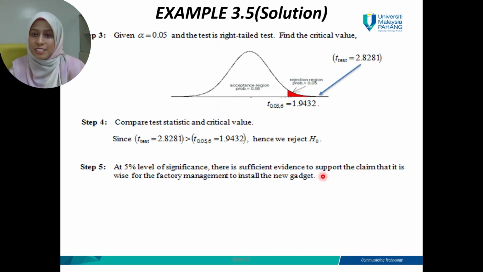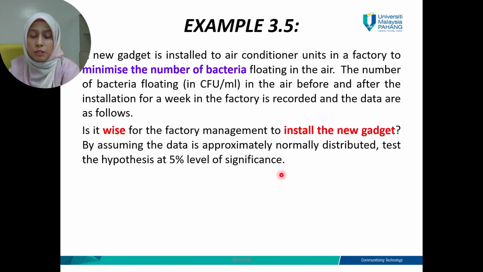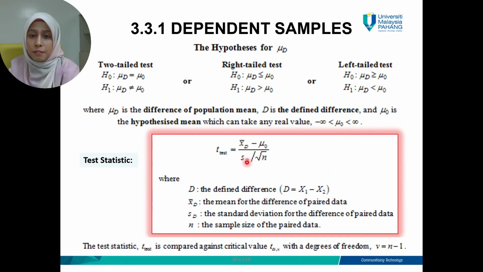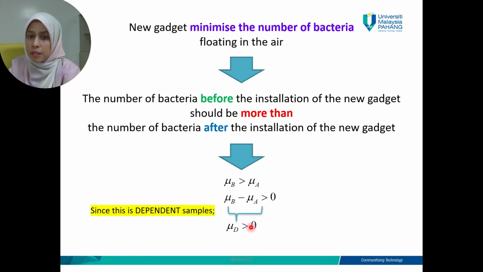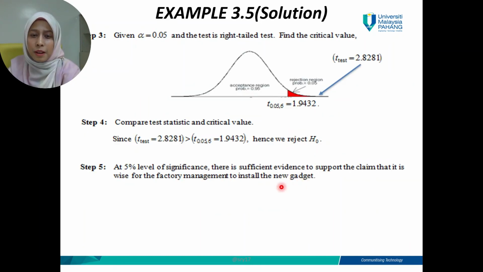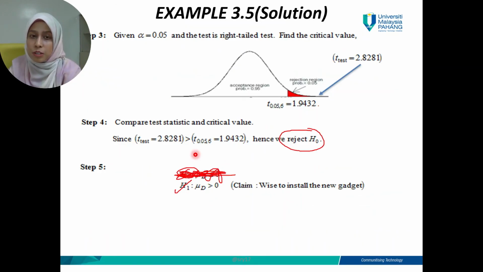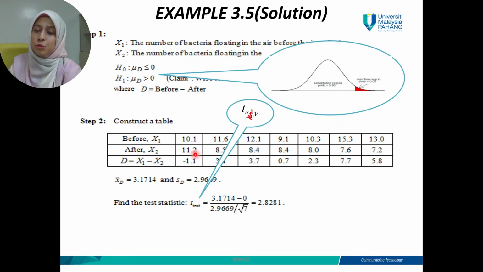So this is the conclusion, class. That's it. We are repeating the same 5 steps in every video, but in this video, your new learning point is the new formula for the test statistic and the fact that you need to use mu d notation in your hypothesis statement. You must use mu d to represent the mean difference for dependent samples. That is all for this video, class. Please try a few of these exercises if you have extra time, but if you don't, then it's okay. Just make sure that you understand this example and then continue to watch my next video